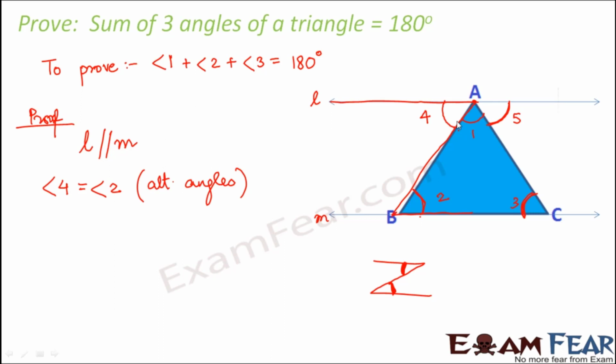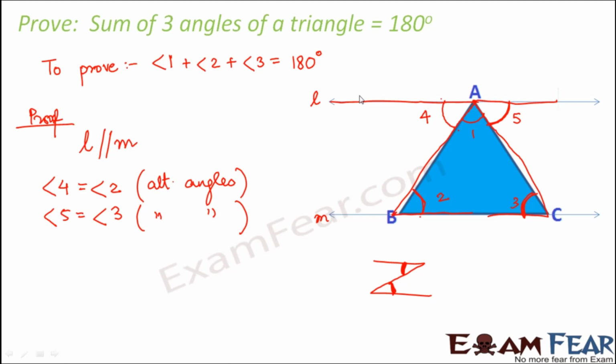So here you see this forms a Z. Here also this forms a Z in the reverse direction. Right? So whenever you see this Z, you tend to have these alternate angles. So in this way you can say angle 4 is equal to angle 2 and angle 5 is equal to angle 3. Now one interesting observation that we see here is this angle 4 plus angle 1 plus angle 5,